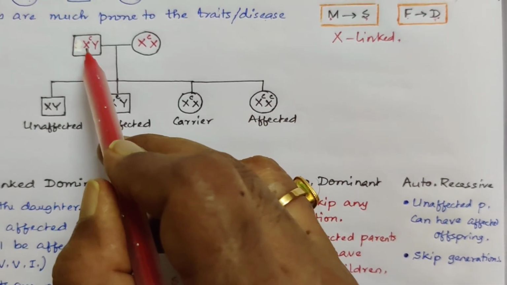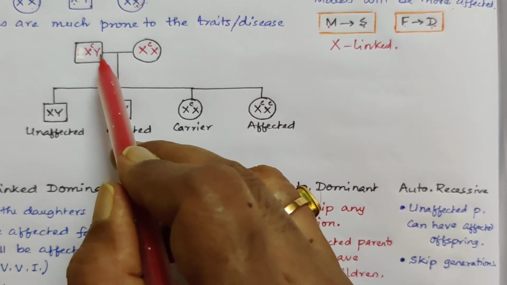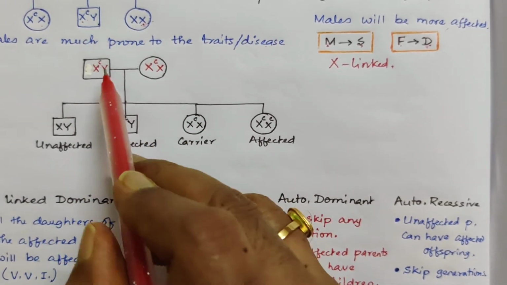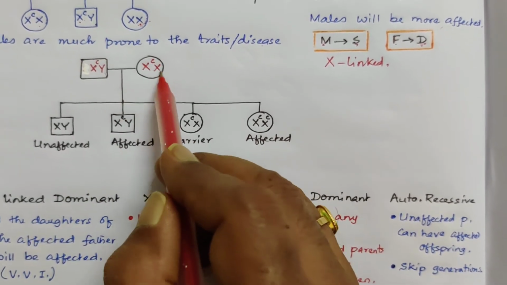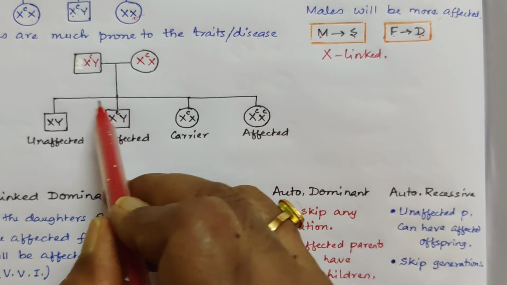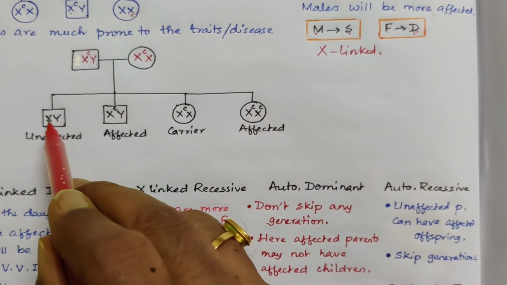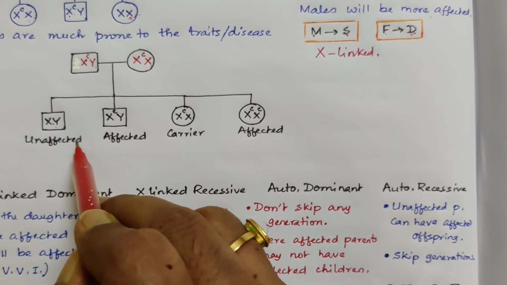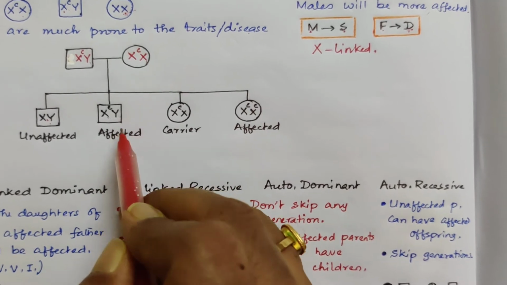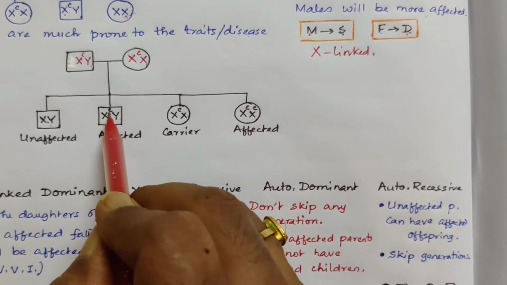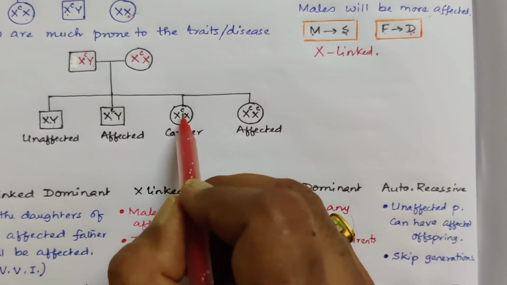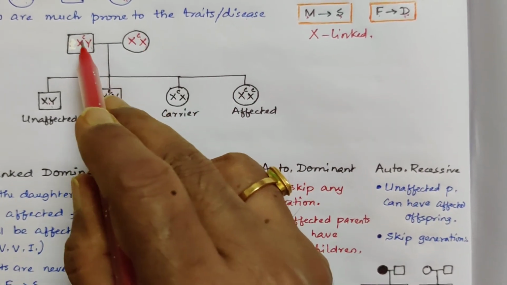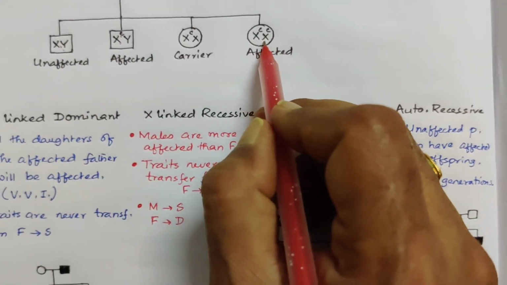So coming to another type of pedigree, this is colorblind XCY. This is a colorblind male. If this colorblind male marries a carrier female, now they are getting 4 offsprings over here. XY, X from here and Y from here, it is unaffected. Now XCY, that means X is carrying the color blindness, it is affected. XCX, this will be a carrier, and XC XC, it will be an affected female. This is a very rare case.